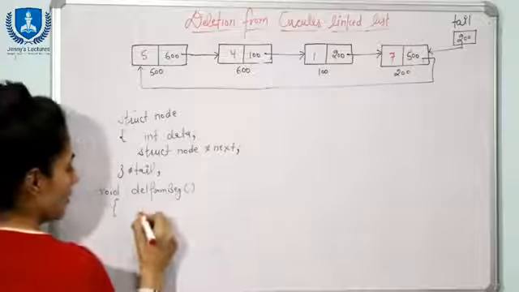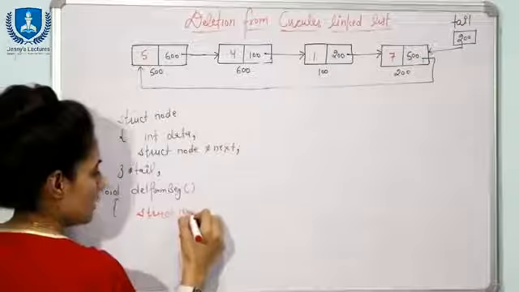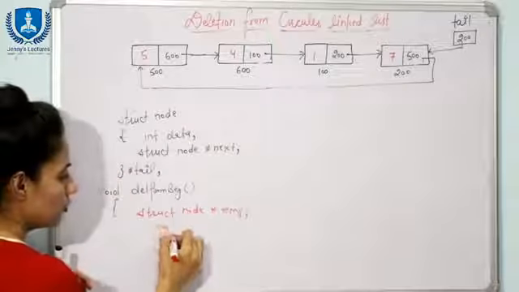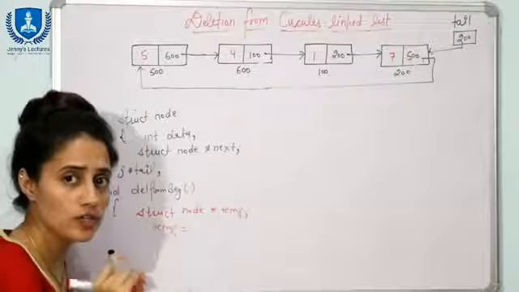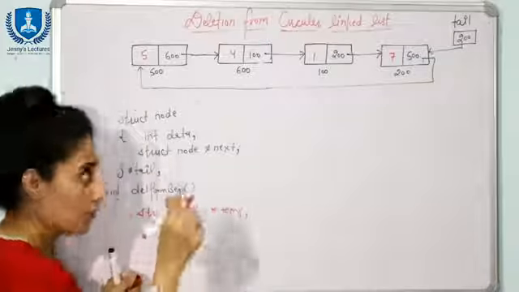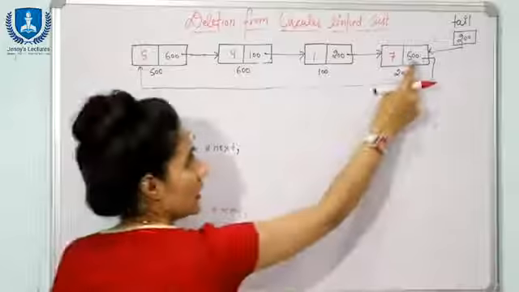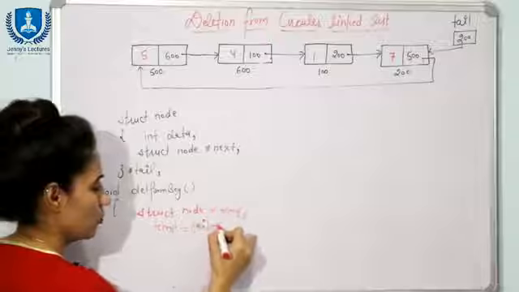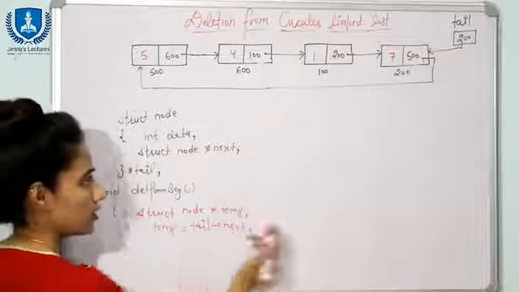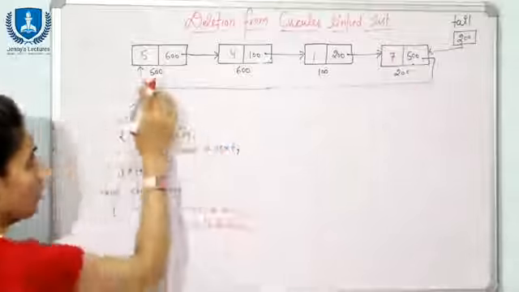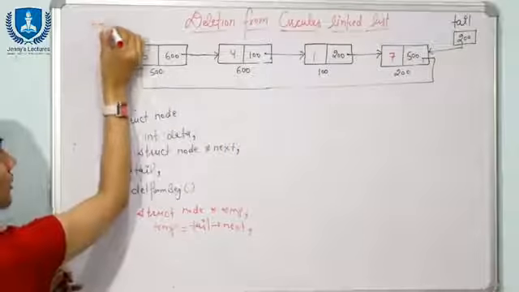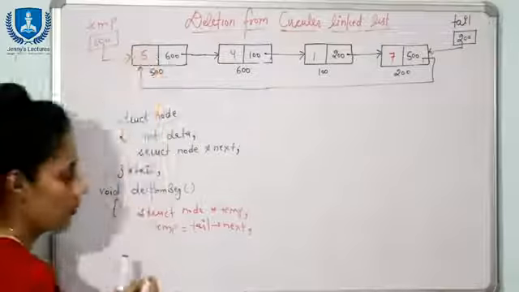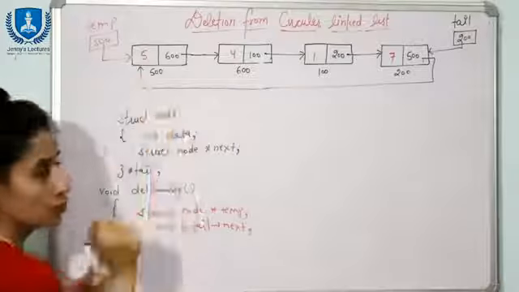Now we will take what? We will declare another pointer, that is temp pointer, right? And in temp what you will store? Address of the first node. And how you will get address of the first node? Because I want to delete the first node, right? From here I can get this address of the first node, because tail next is always going to contain address of the first node. So you can say here tail of next. So tail of next is what? Tail of next 500. Now 500 would be stored in temp. So you can say here we have another pointer. So this pointer is pointing to this node now, right? Now we can delete this node.